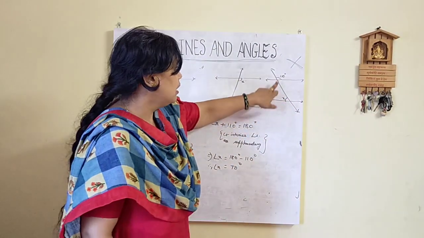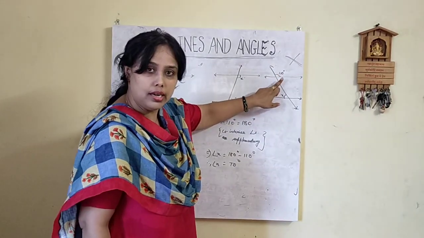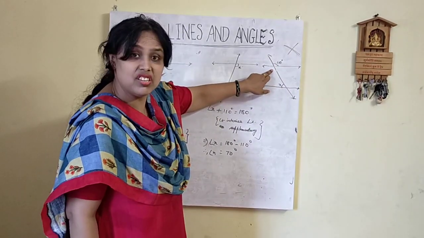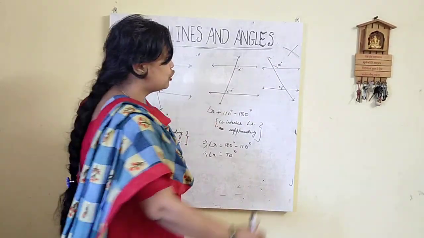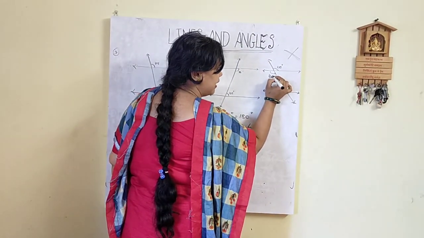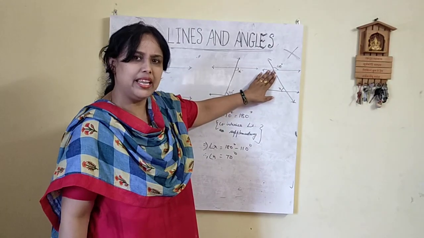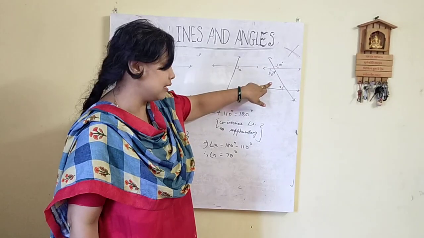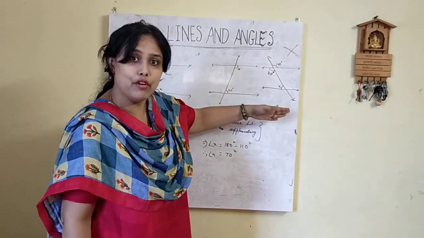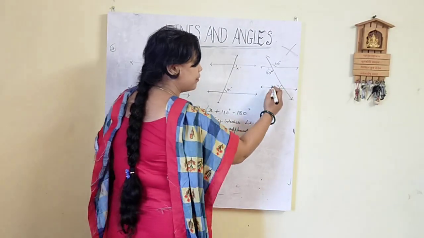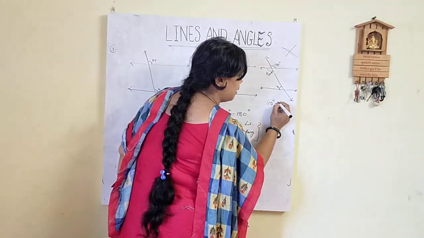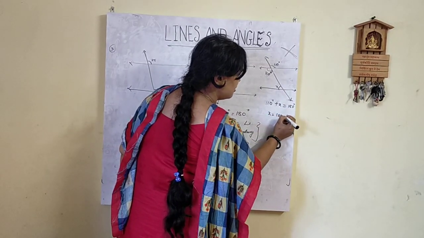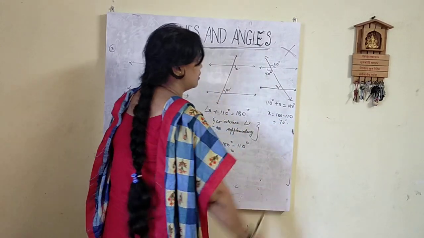Part 3, I am proceeding. 110 and x. It is not at all alternate, it is not corresponding, it is not co-interior. So how do we go about it? Now this is 110, children. We have learnt about vertically opposite angles, isn't it? So we can very well write here 110 degrees. No need of explaining or writing anything extra; in your diagram you can write 110 degrees, vertically opposite angles. So this angle and this angle again form co-interior angles. So you will write here 110 degrees plus x is equal to 180 degrees. So x is equal to 180 minus 110, that is equal to 70. Solved.